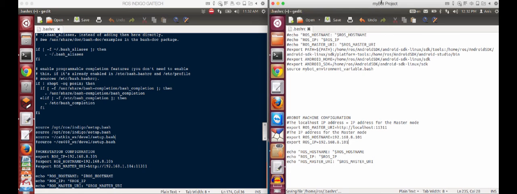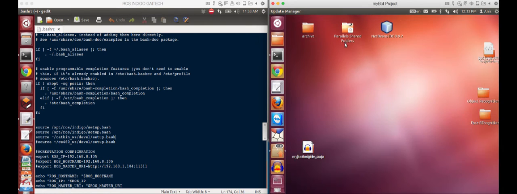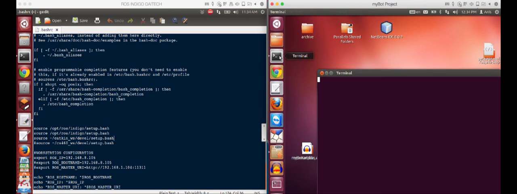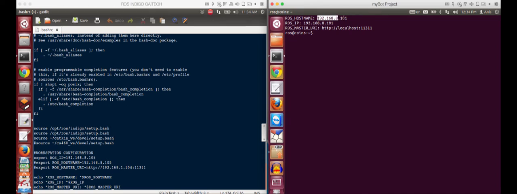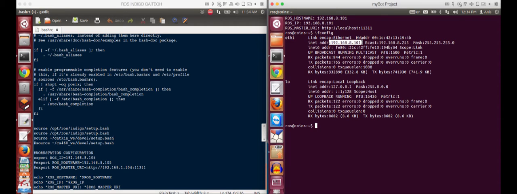So I remind you that we are now in the robot machine. We have to change the ROS hostname and ROS IP environment variables according to the IP address of the robot. And then these three lines allow us to display the environment variables that we have set, to make sure that they are correct. Okay, and once this is done, we have to open a new terminal. So when we open a new terminal, we're going to have the ROS hostname and the ROS IP address according to what we already did here, so we have to make sure that it corresponds to the real IP address of the robot. So now we have completed the configuration of the robot machine.